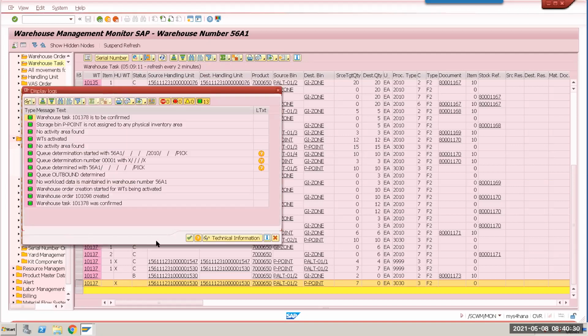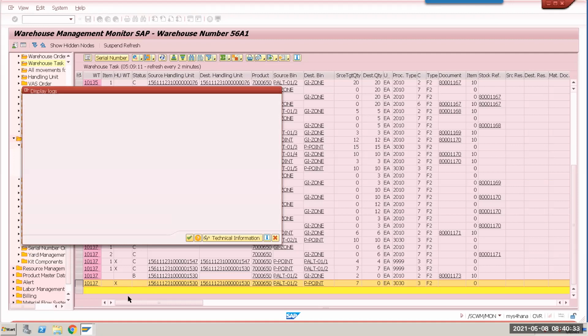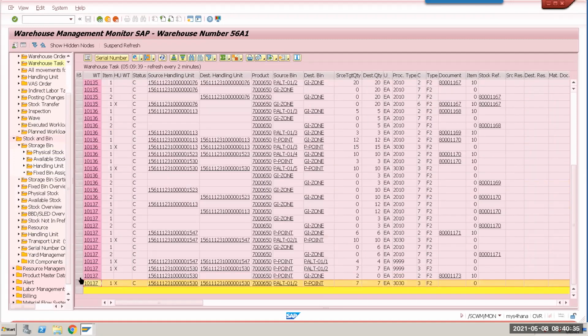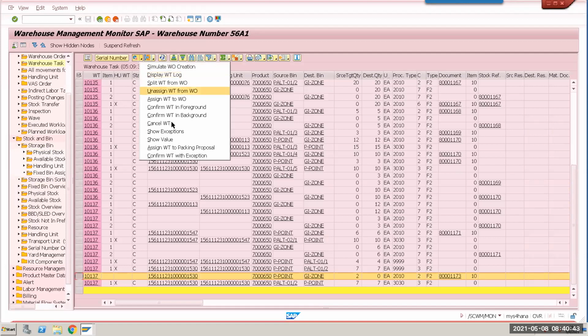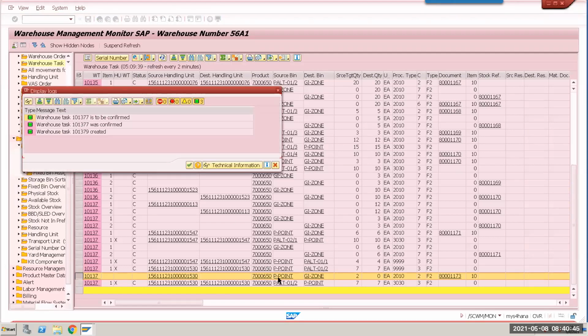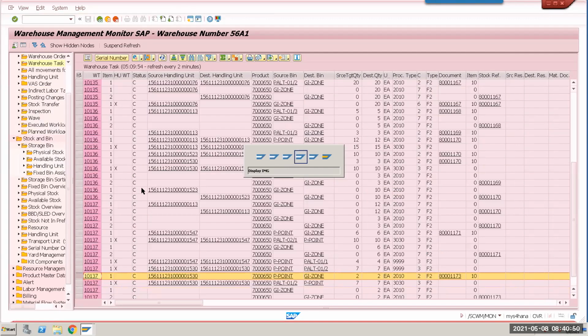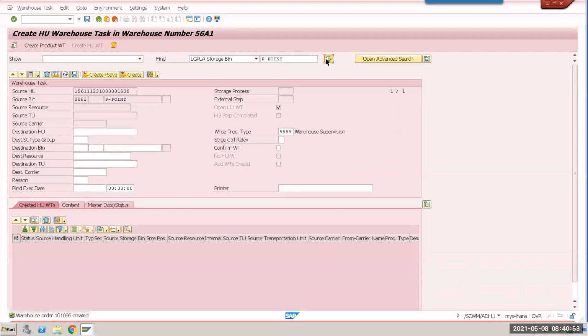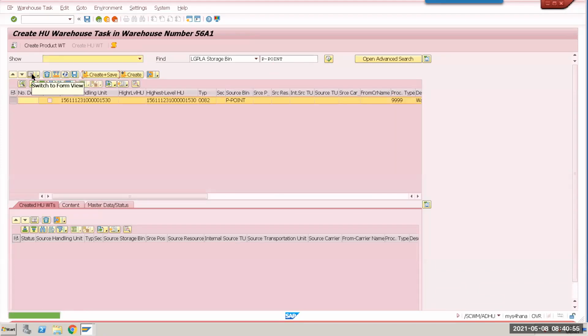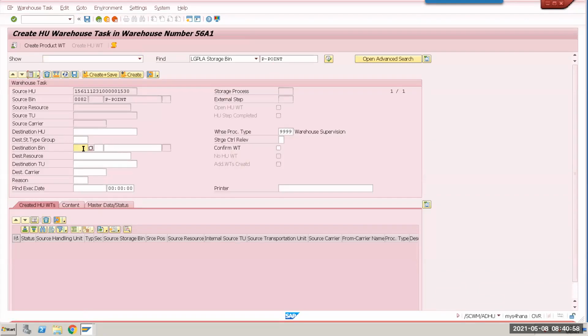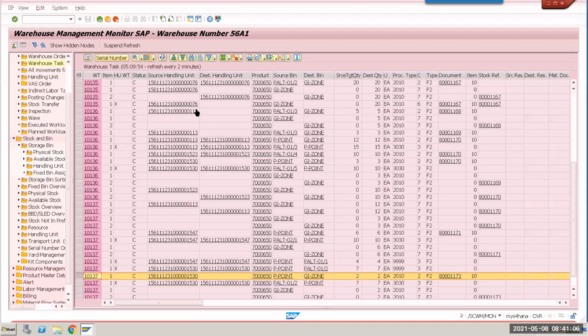In SAP you can do a lot of things here. See this, I have taken 7 from here. 2 is going to my GI zone. Let's confirm this. So the remaining 5 is in my pick point now. Let's do an ad hoc movement and see how it is going to behave. But sir, ID point still will not trigger, right? Let's see. Yeah, because that entry is not there.